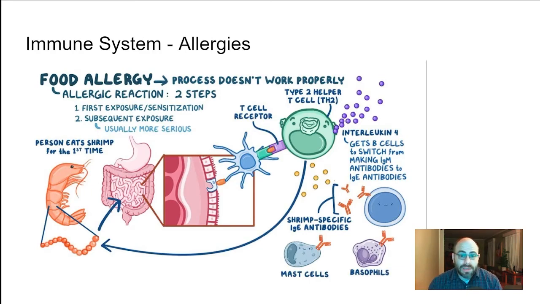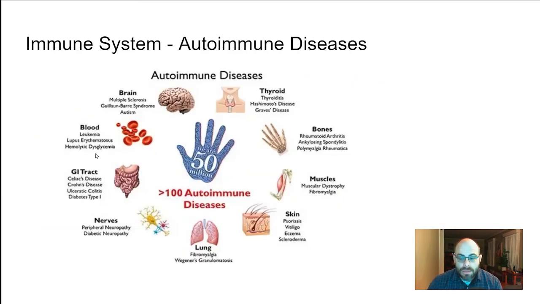And with some of those things, it can be systemic. And so imagine, like you step on a bee, it swells up and it itches. Imagine that happening to your whole body. And so that's why people have to carry around like an EpiPen or something like that in order to counteract that allergic response. And then lastly is autoimmune diseases.